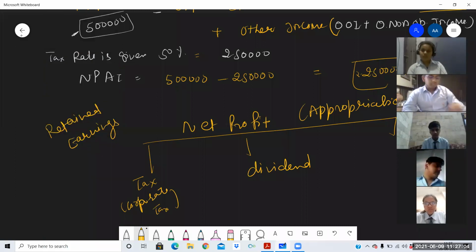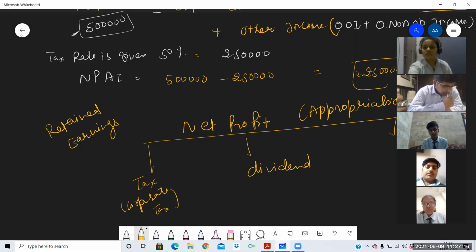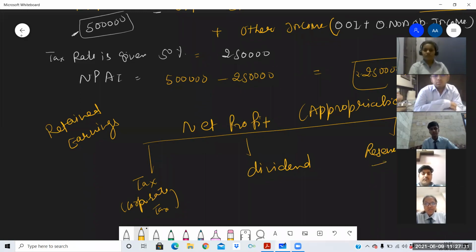We all know that future is uncertain and business has to work in uncertain environment. So to meet out any future uncertainty or contingency, retained earnings are required. So in accountancy also in 11th class, we have studied about the reserves. One chapter was there in 11th accountancy, that was the provisions and reserve. So those retained earnings are transferred to the reserves. So this is the appropriation of net profit, which is beyond your syllabus, beyond your course, but I have explained here just to enhance your knowledge for the concept clarity.